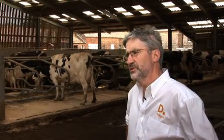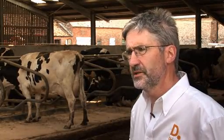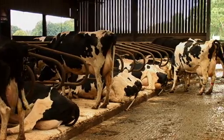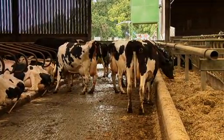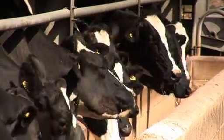Well, we can look at a combination of things really. We can look at airspeed, so it means some form of mechanical ventilation to move the air faster along the backs of the cows, and we can also look at spraying some water on the animals, on their backs whilst they're feeding. The only sort of issue we've got with this, of course, is that if they're feeding in the same space where they're lying down, you may end up with damp beds and that sort of thing, which may cause other